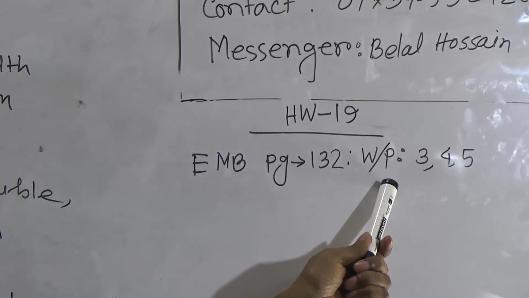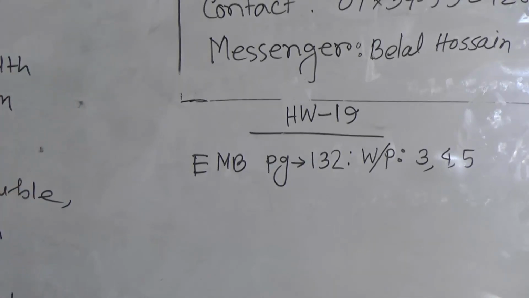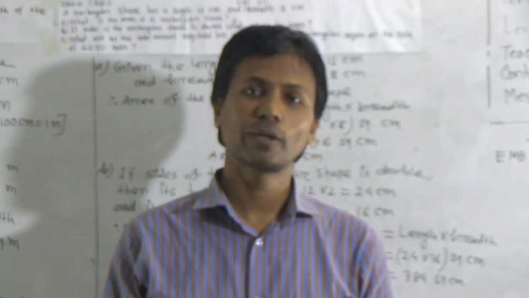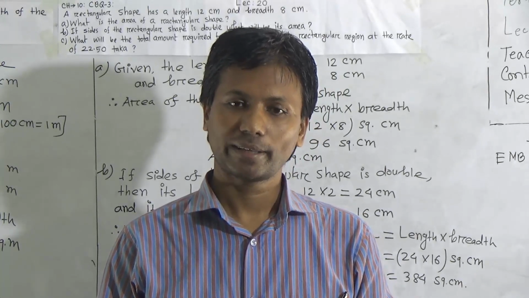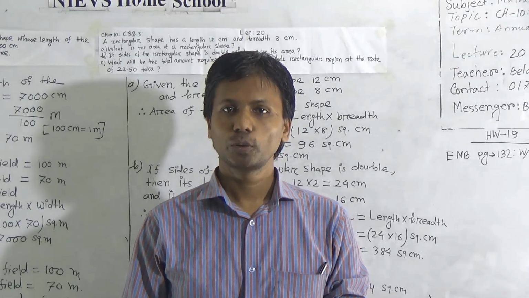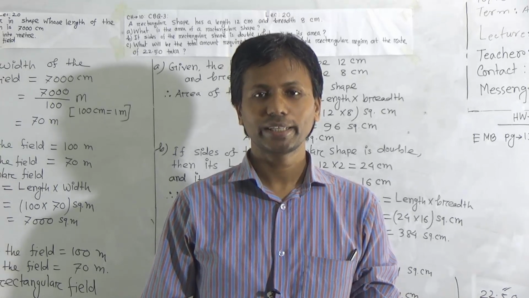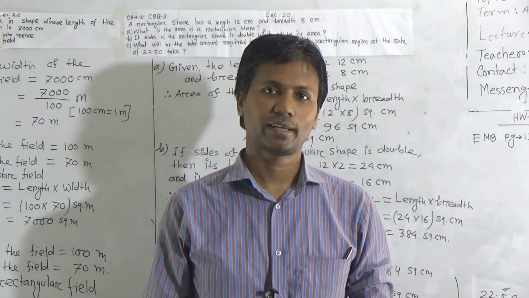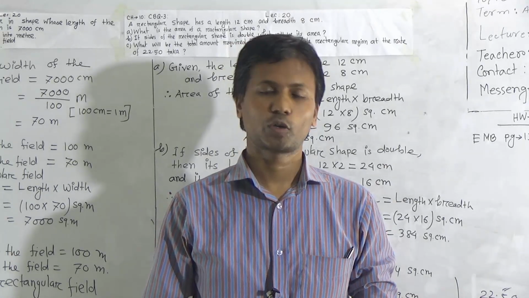Dear student, now you see our SW number 19, EMB book page 132. Question number 3, 4 and 5. Dear student, your assigned SW is very important for you, because on the basis of submission of your SW copy, you will get your city marks, SBA marks and diary marks. You have to submit all of your SW copies on every Sunday within 8 am to 4 pm, and you collect these SW copies on next Sunday. Guardians or anyone else can collect or submit these SW copies.